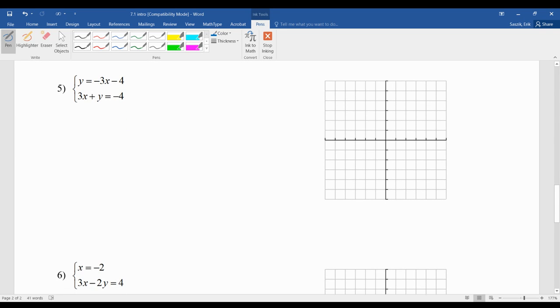Here, let's do another one. Now, the first one here, that one's easy because it's already in slope-intercept form. Now it says down 3 over 1. I'm going to make this a little bit bigger. 1, 2, 3 over 1. Now I can also go backwards. Remember, instead of down 3, right 1, I can go up 1, 2, 3, left 1. Same line. 1, 2, 3, left 1. 1, 2, 3, left 1. Okay? So there is